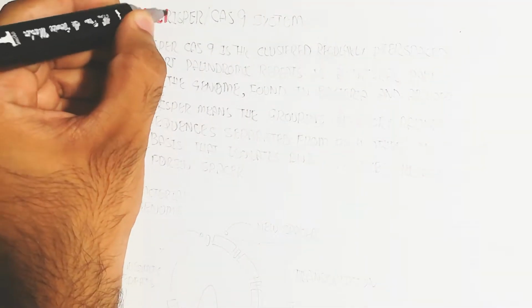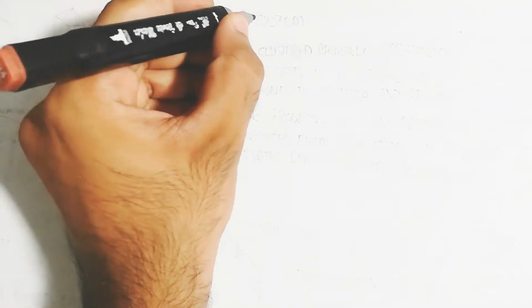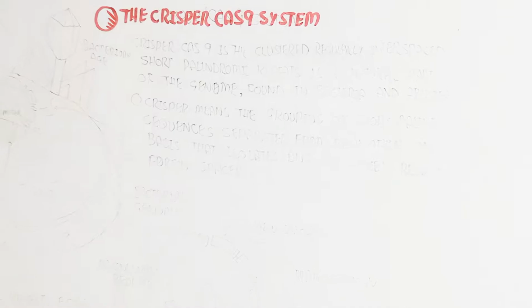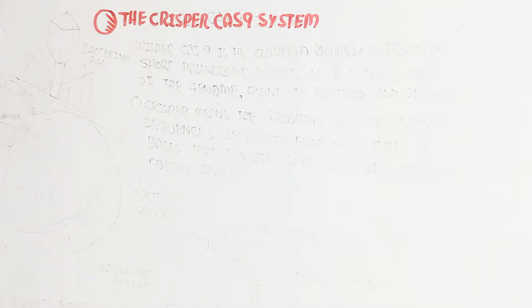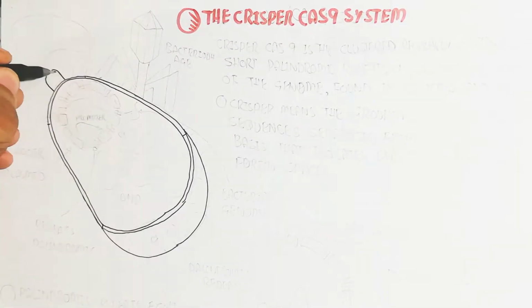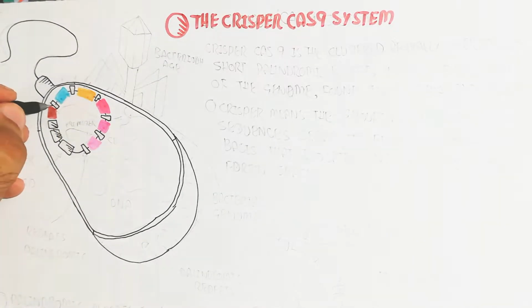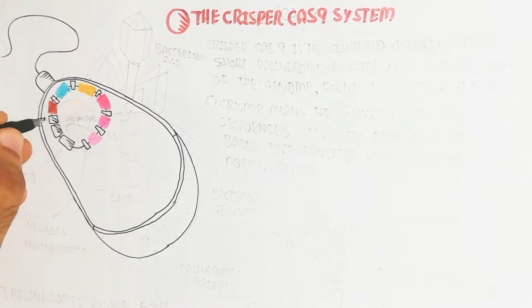Hello, in this video we will discuss the CRISPR-Cas9 system. What is CRISPR-Cas9? And we will also learn about the biotechnological working through CRISPR-Cas9. So the CRISPR-Cas9 contains a gene that contains a palindromic sequence, which